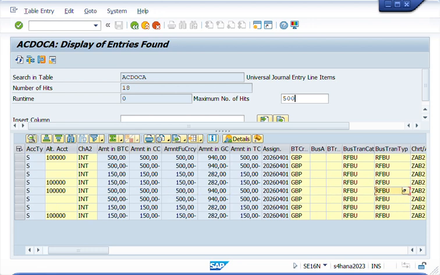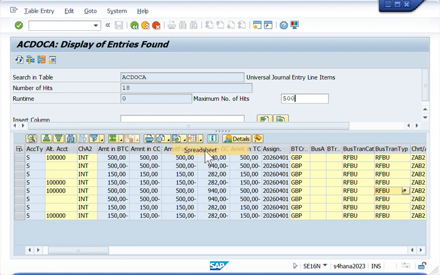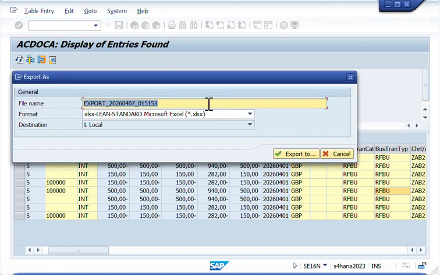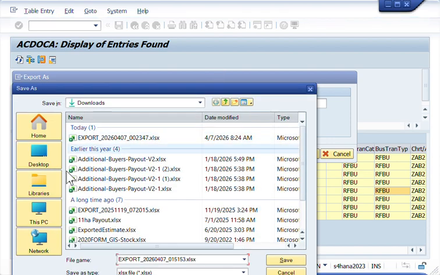We can also export our records here in spreadsheet, Word file, or local file. You can choose a type in the local file. You can also download an HTML format. So let's choose spreadsheet, and then you can change the file name and format. Let's export it. Once it is exported,